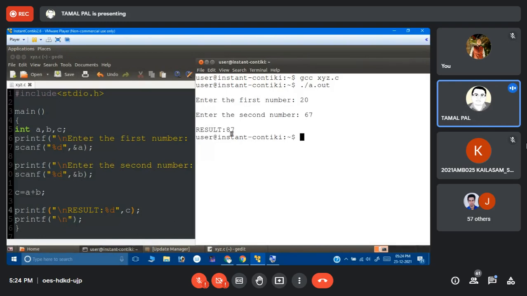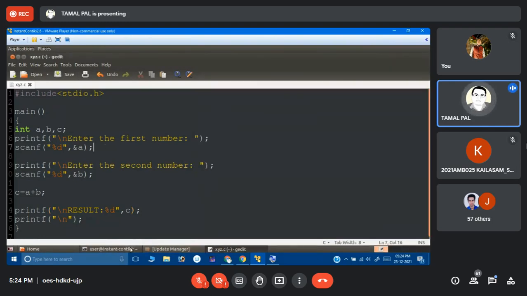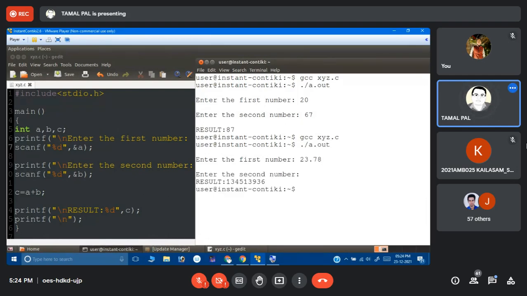One of you had asked what happens if I provide a floating point number. Let's say the first number is 23.78. Sorry.